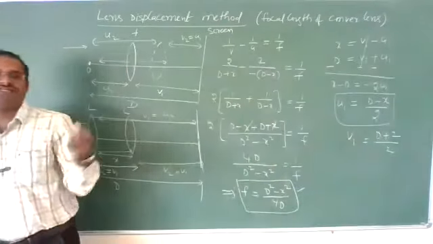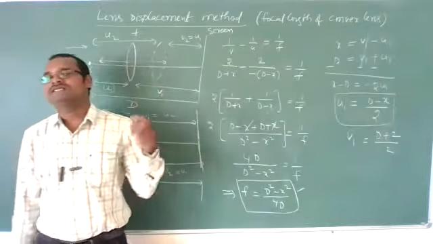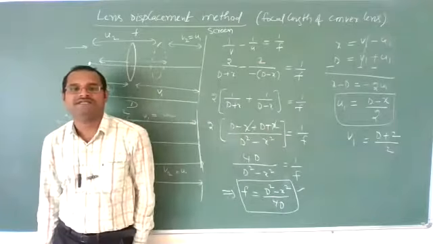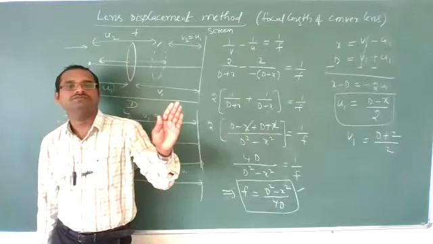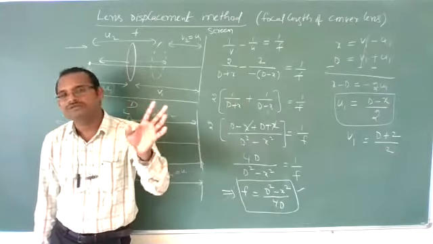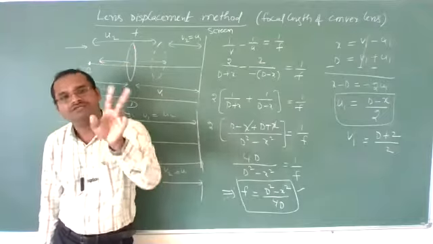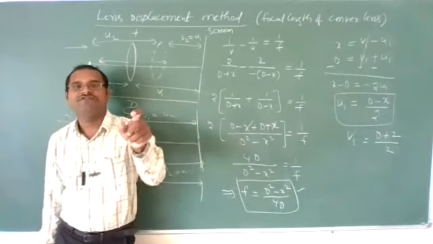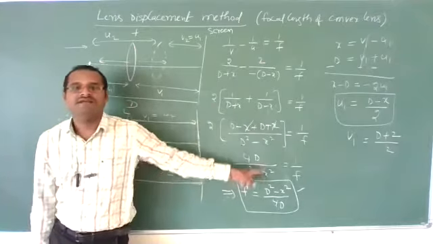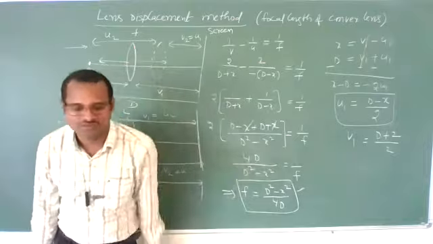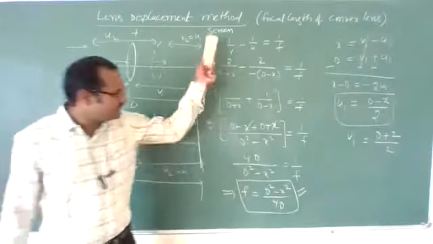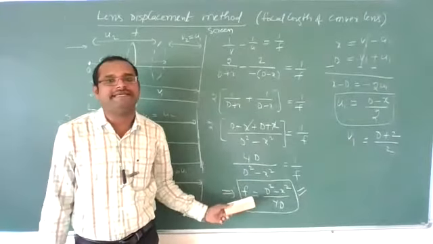Now a direct question also they may give. The distance between object and screen is, let us imagine, 20 centimeter. A lens is moved by a distance of 2 centimeters such that its image is formed on the screen 2 times. Then find the focal length of the lens. Can you find? D is given, X also is given. Substitute in this formula, you will get the answer. This is the formula. You must remember this formula. And this total method we will use while doing the practical. Remember.